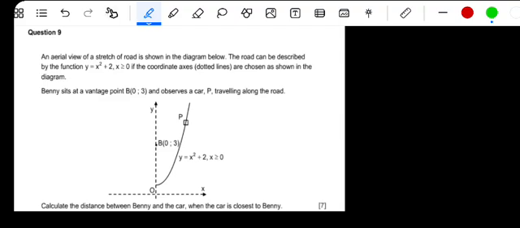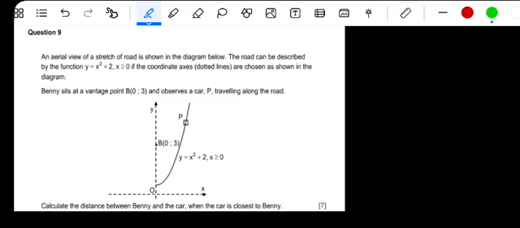Our given question 9 reads as follows. It says an aerial view of a stretch of road is shown in the diagram below. The road can be described by the function y = x squared + 2, x greater than or equal to 0. You can see that portion. If the coordinate axis dotted lines are chosen as shown in the diagram,